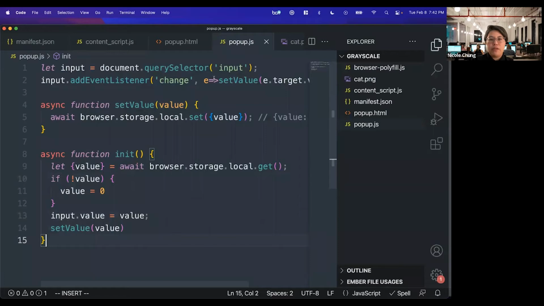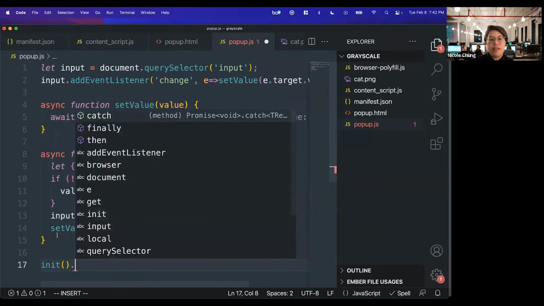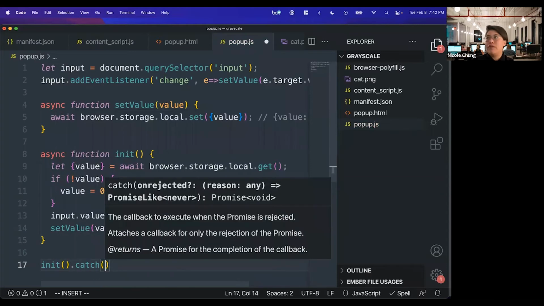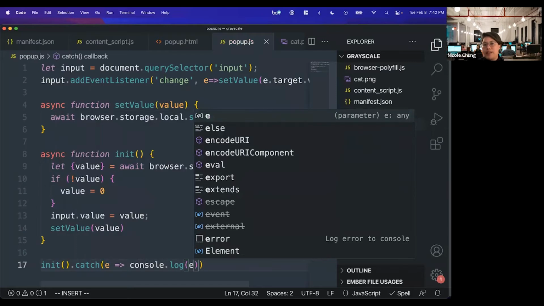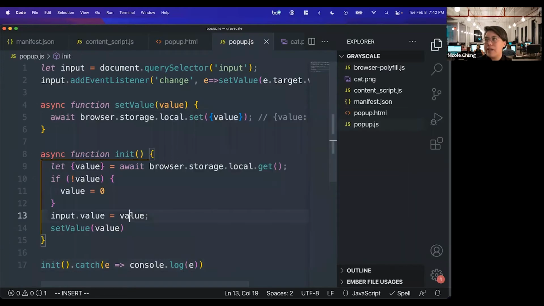But if the user changes it, we're going to call setValue, which changes the value in local storage. And we'll see why we're changing it in local storage in a minute. So you just run that function. And because it's an async function, you can use then and catch. Catch is to get an error and console log it. I've seen this in examples, but extensions kind of complain if you do console logs, and it gets a little unhappy. But anyhow,